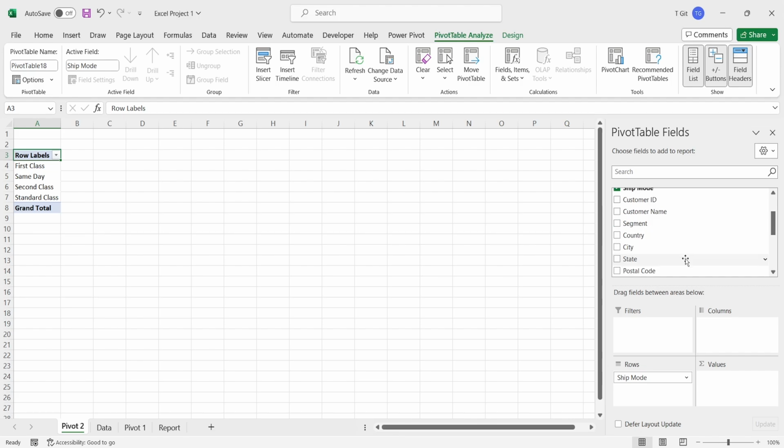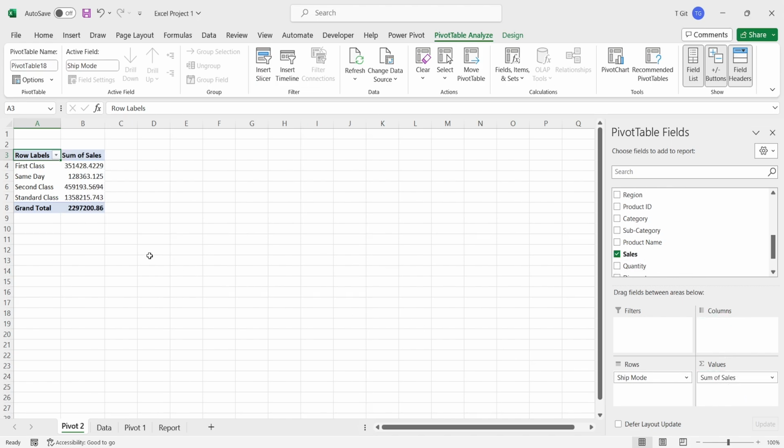And since I want to represent the sales for different shipping modes, I will drag the sales column and drop it here in the values section. So now you can see that the values have been summarized, and you can see that for first class we have this much sales, for same day this much, for second class and standard class. So these are the different shipping modes that are available, and sales is now being represented through this pivot table